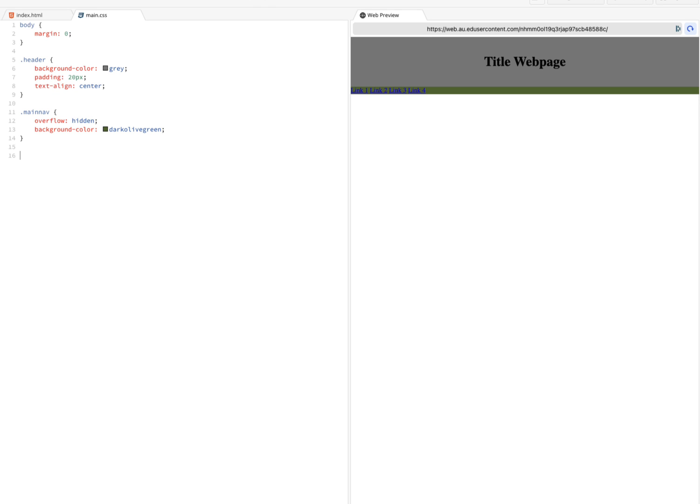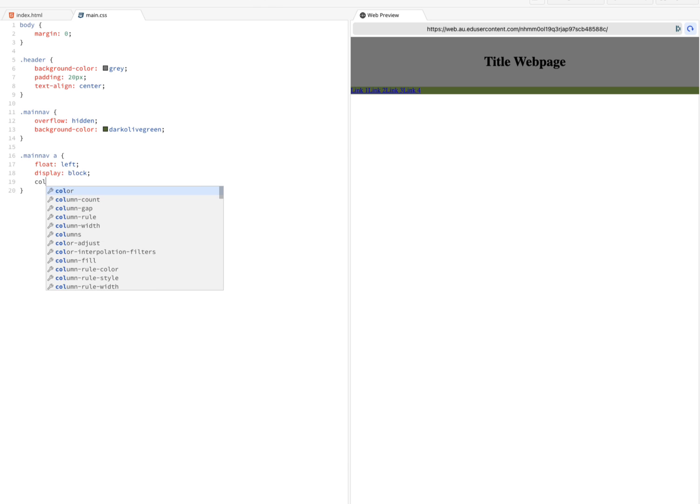Once I've done that for the main navigation, I want to start now affecting the individual links, the text, the hoverovers. So there's a lot of different elements here. So I'm going to once again talk to the main nav div tag, and this time I'm going to talk to the A. So I'm just talking to the links. Now if we remember our float, we want these to all float next to each other. So for that, I'm going to do float left. I want to display a block,